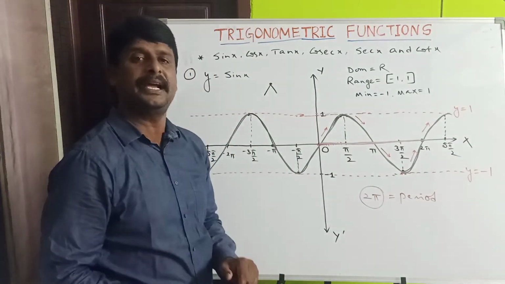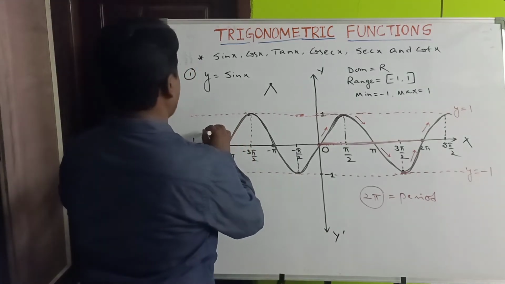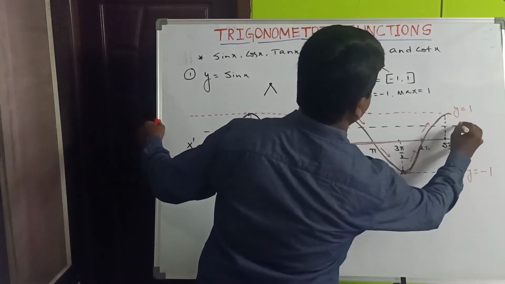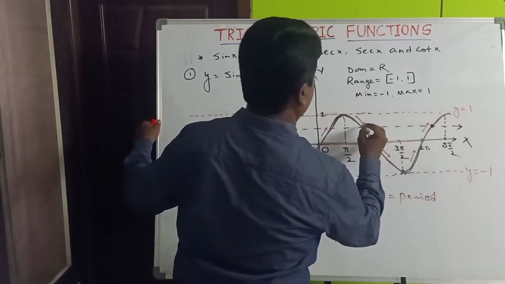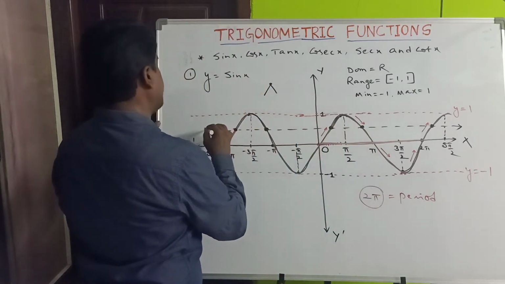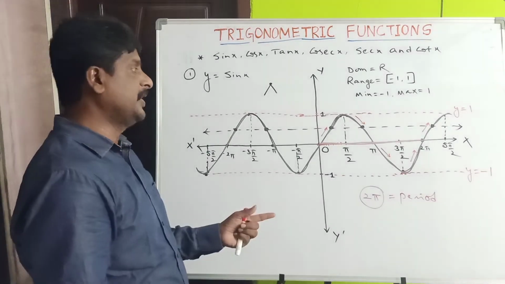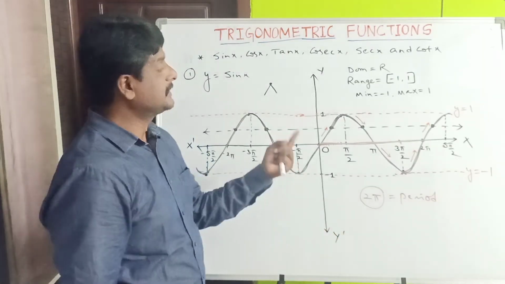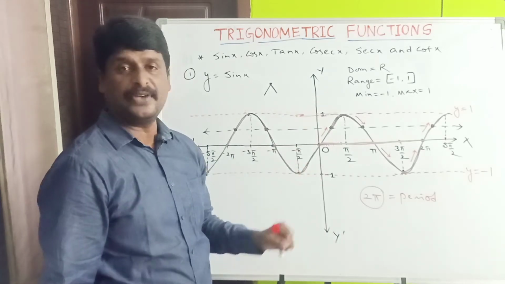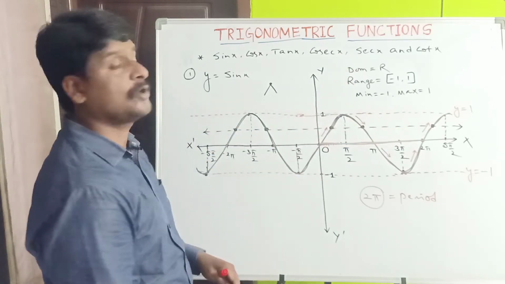But if we draw a line parallel to the x-axis and it intersects the graph at more than one point, then it is not a one-one function. It's not one-one. It is periodic. It is continuous everywhere, differentiable everywhere, minimum value -1, maximum value 1, range -1 to 1, domain is R, and